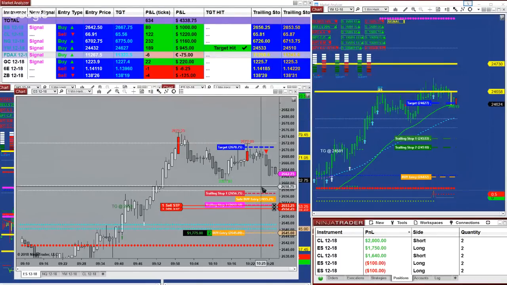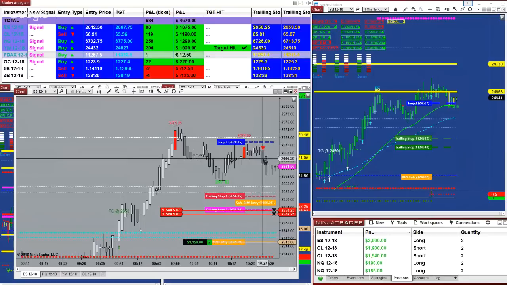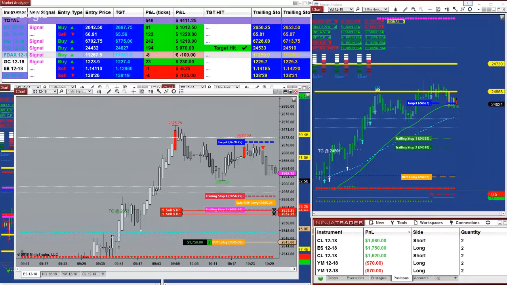Be careful with that ES, folks. It's going to rebound from here. It's going to reject from that area. Be careful with that. If you want to scalp to the short, you have to be light-handed with that because it's going to come and reject from that area. So we will see